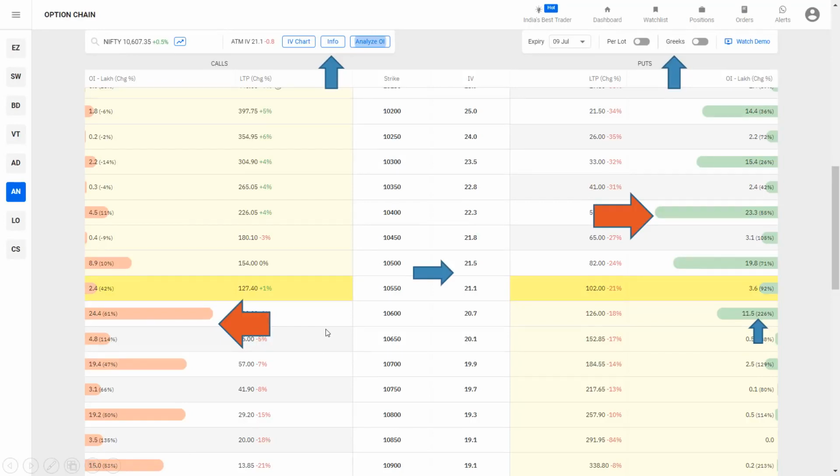I'll tell you what are the things we'll run you through. We'll tell you about these three things on the top, which is the IV chart, information, analysis of OI, etc. We'll tell you something about these Greeks and this toggle and this demo and all that. We'll tell you something about what this IV thing is, but not too much because there's a separate video coming for that. IV is slightly out of the scope of this discussion, where we are just focusing on finding supports and resistances and exploring this option chain.